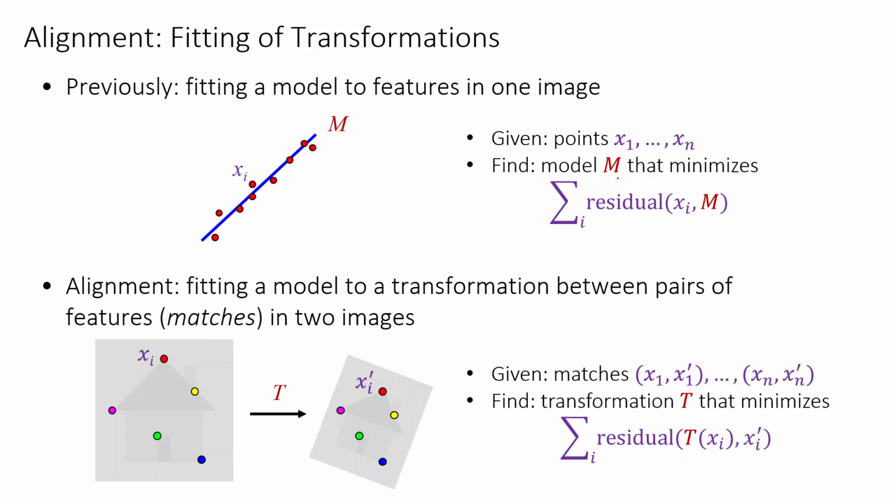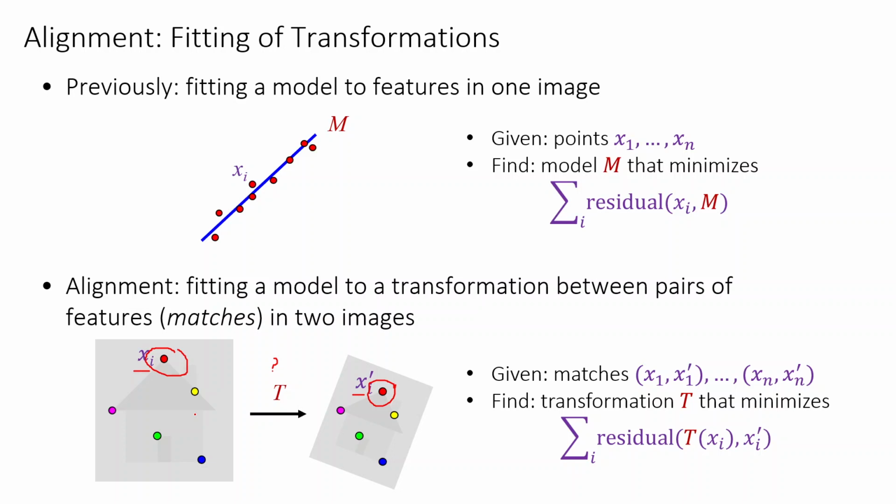Now we can go further. We can fit models to find the transformation between pairs of features. Now in this diagram you can see a set of 2 points xi and xi prime. So you can see point matches have already been found. That means we know that this point matches with this point and so on. So what we are interested in is finding this transformation T that would transform the first image onto the second